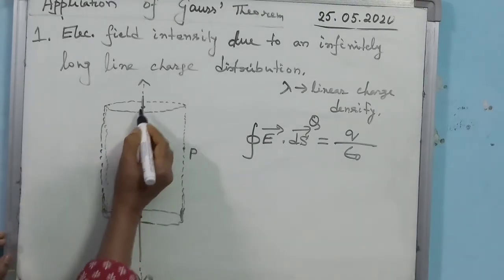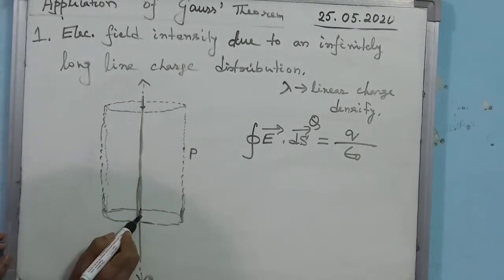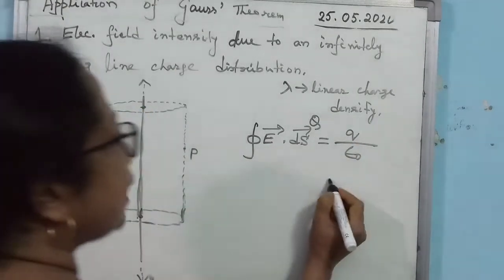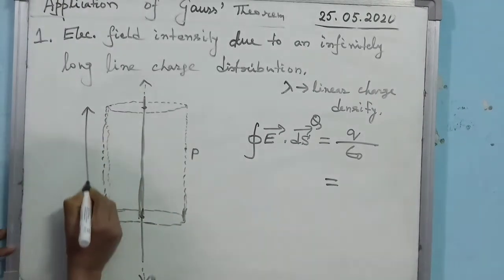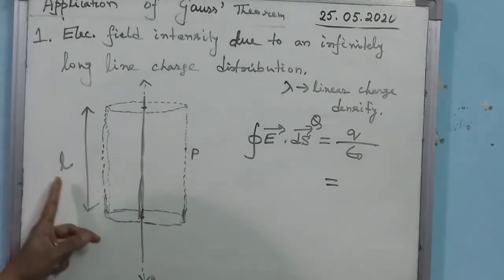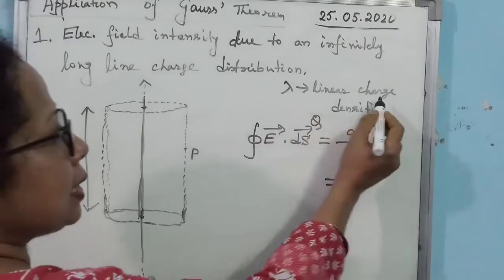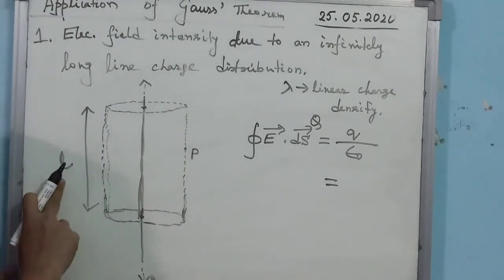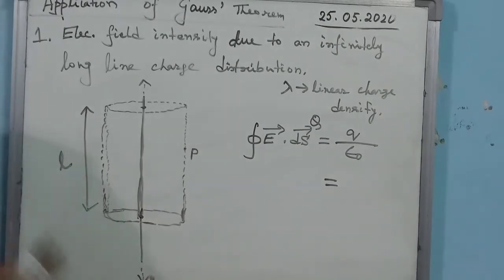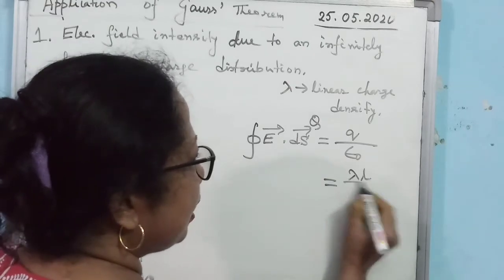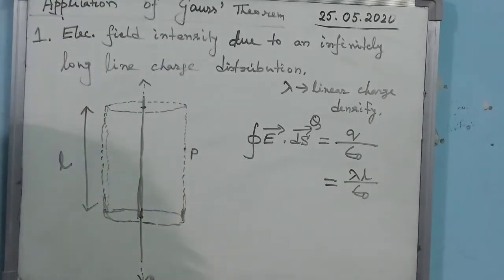So, which portion of charge do we have to consider? You see, from this point to this point, whatever charge is present, that is equal to q. So, how can you get that? If you consider that the length of the Gaussian surface is L, is that clear? Then you see, lambda is the linear charge density. Lambda gives you the charge present per unit length. So, how much charge is present in length L? If you apply the unitary method, it will become lambda into L. So, you can write q as lambda into L. Clear to everyone? I hope so.